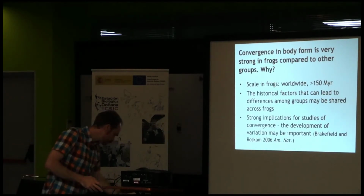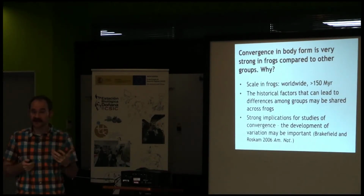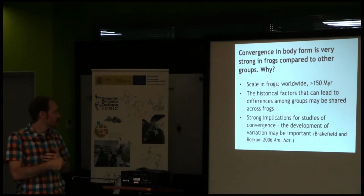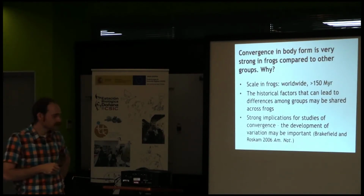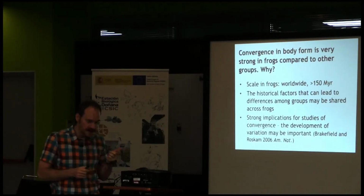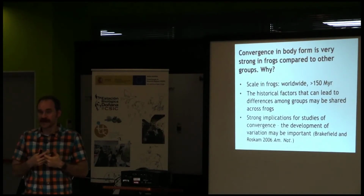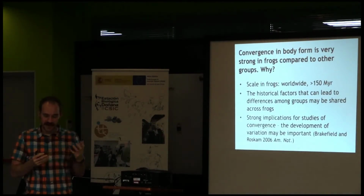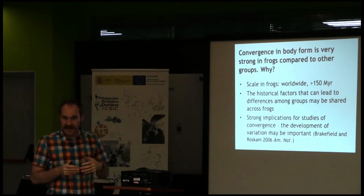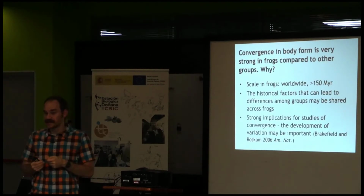Now, to go back to the beginning, remember that in frogs, or in most cases, we don't see convergence at really large timescales or around the world. In this case, I was looking at communities around the world and over 150 million years. And one of the things that is kind of the strange twist about this is that typically we think that you don't find convergence at such large scales because of these historical factors, but in the end, they're all frogs, and they all have, or at least ancestrally have, this specific kind of development. It's possible that, and I think actually the reason why we see strong convergence in frogs around the world is